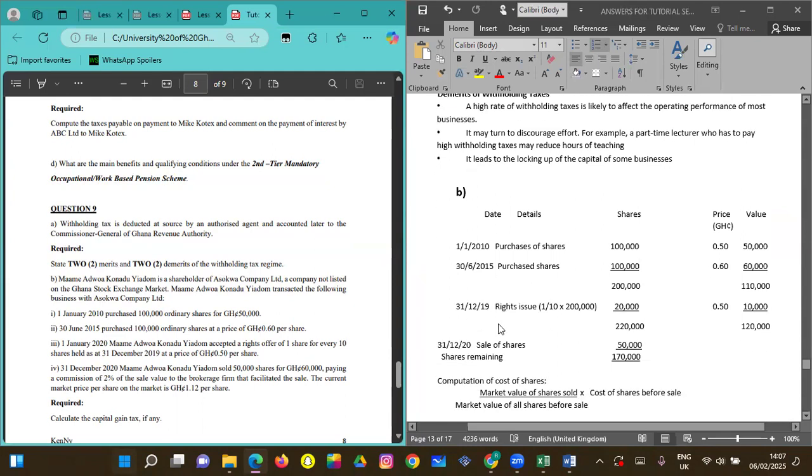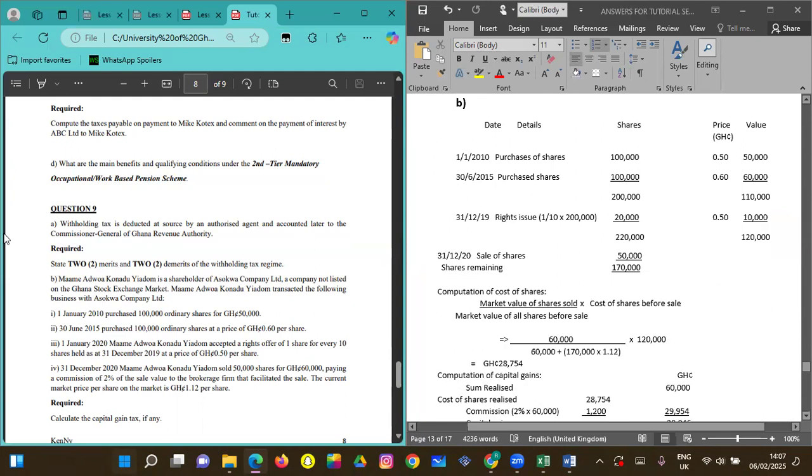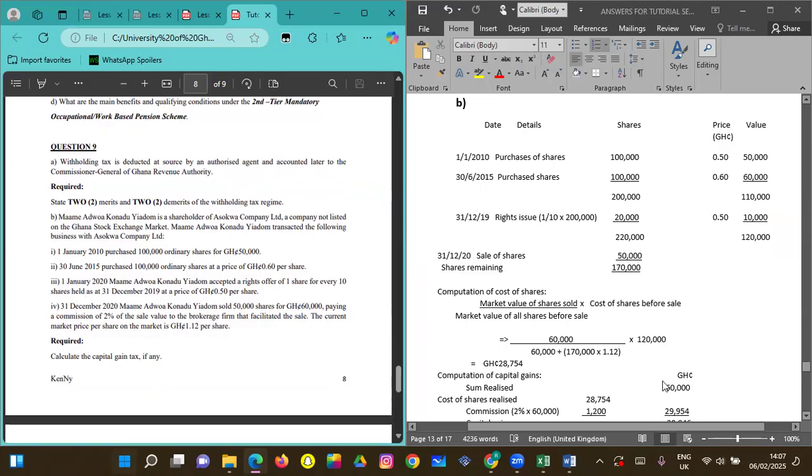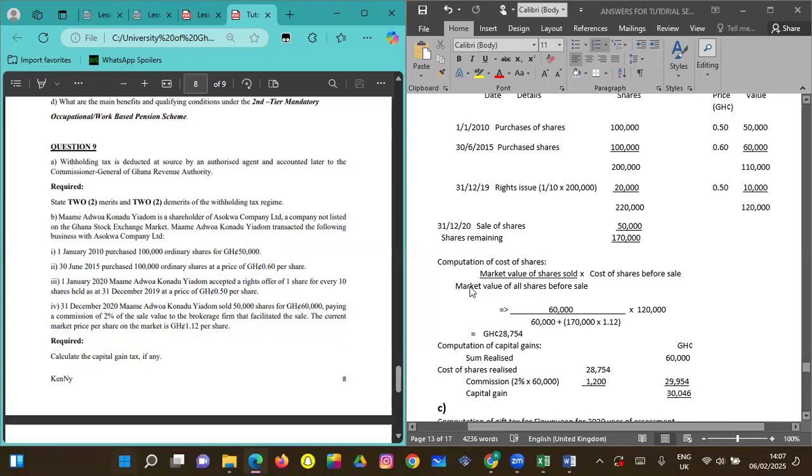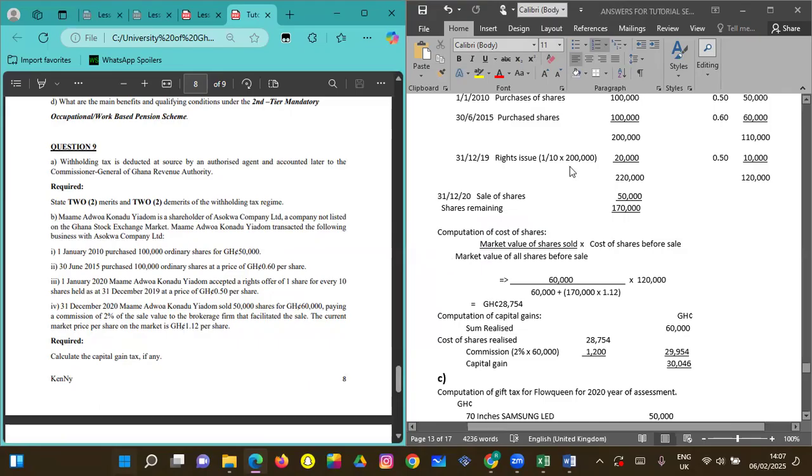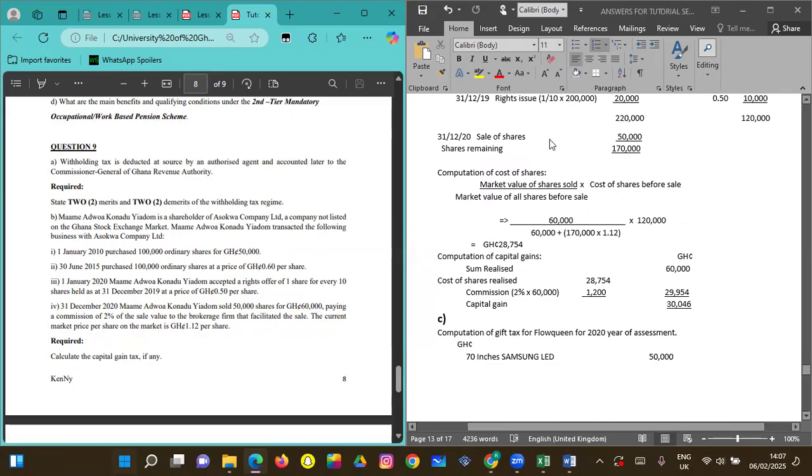Let's look at B. B is also the same thing that we've been doing, right? We find all the shares available. There was a rights issue here. Fine, and now we are not supposed to do this again. You know how to do it. After getting everything, we compute the sum realized, the cost of shares and the commission, and get our gain. Here they asked us to